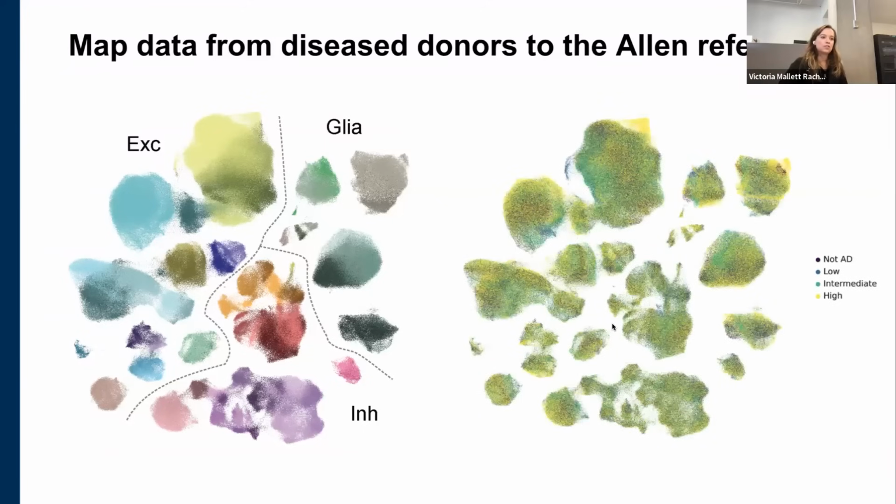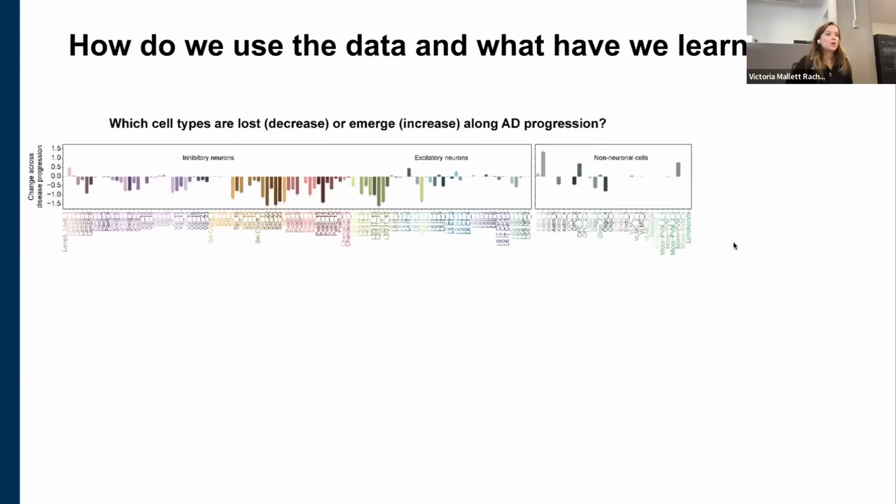And then this is showing what happens if you overlay Alzheimer's disease neuropathologic change, which captures Braak, Thal, and CERAD all into one, just to give a snapshot of general disease stage. You can already see some interesting points within this data set. So these are our results, and then I'll switch to the